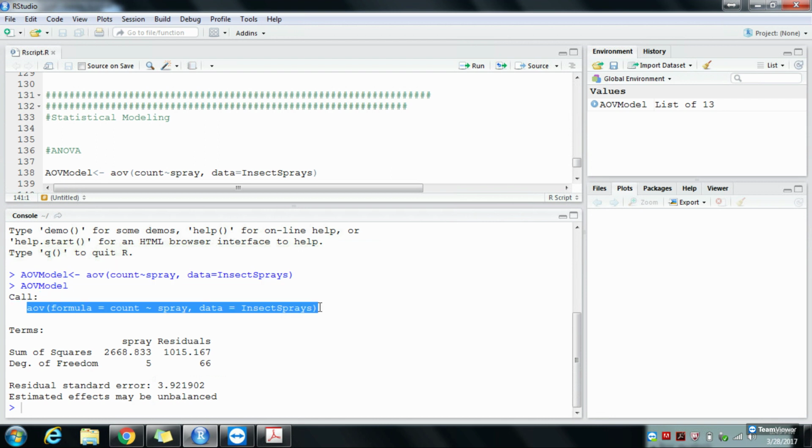It just recalls the whole equation, and it gives you terms, and it says sum of squares and degrees of freedom. So don't worry about it as yet. I am going to explain what each of these means, and this is called residuals. It's kind of difficult, and you will not get this concept if you're listening to it for the very first time. The concept of residuals and sum of squares might be confusing, but if you had already known about it, it's fine. But I'll just guide your focus onto the important pieces to understand this